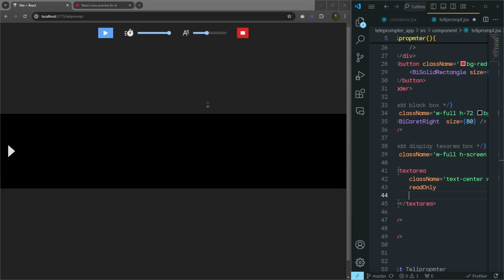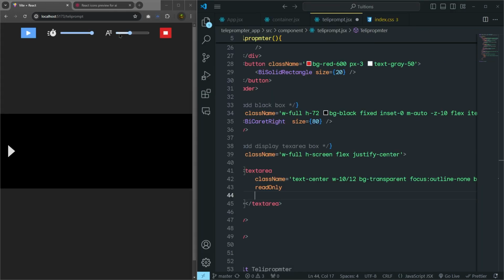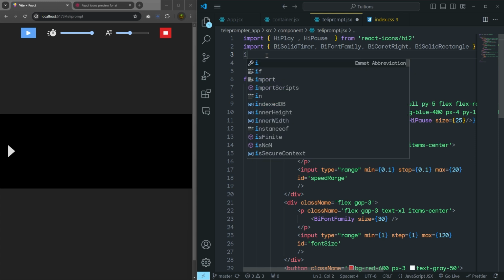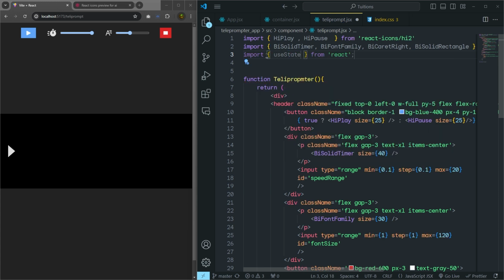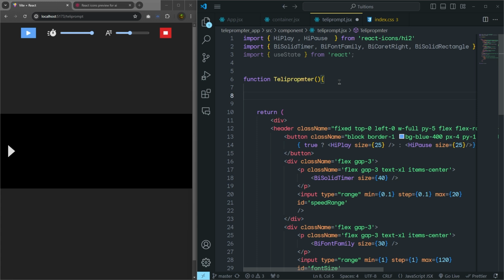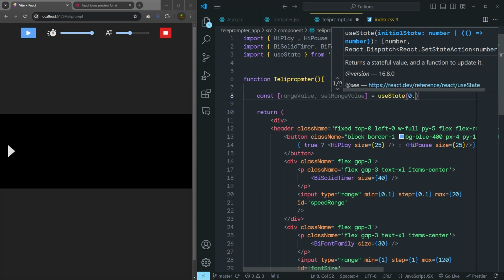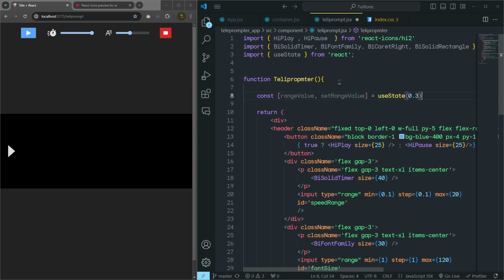The teleprompter page is now completely ready. Let me add actual functionality to this text area section. Now, before we move to the scrolling functionality of this teleprompter, let me specify use state to this input type range. So at the top, right up here, make sure you first import use state from React, and right inside this teleprompter, right here, you're simply going to say constant. In the array, you pass range value and set range value. This is going to be use state, and this value is going to be 0.3,